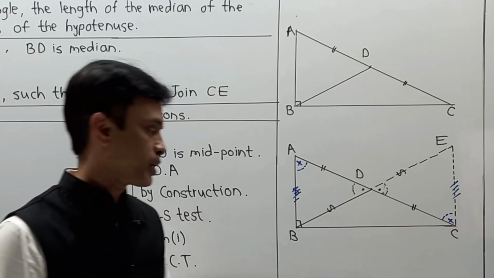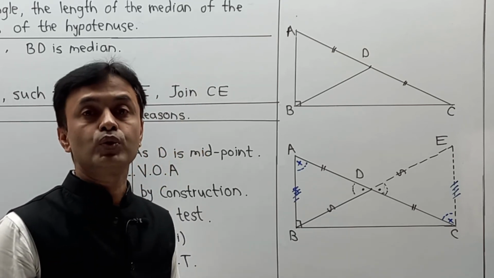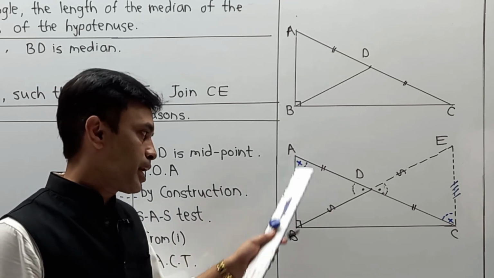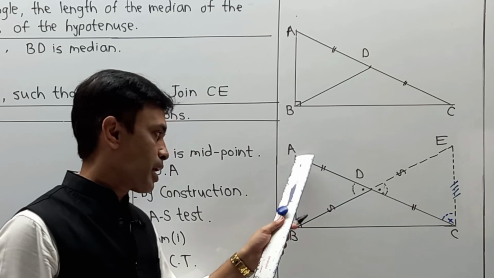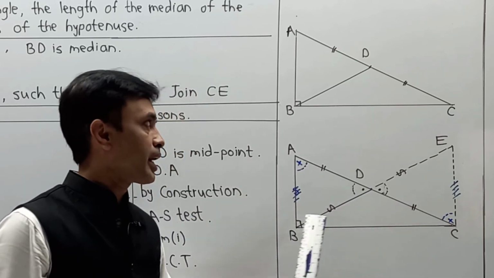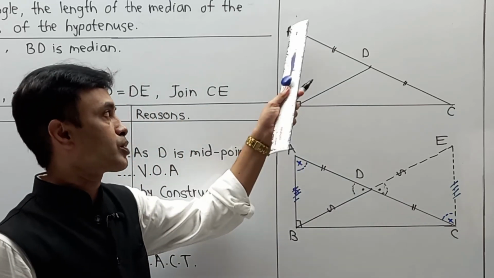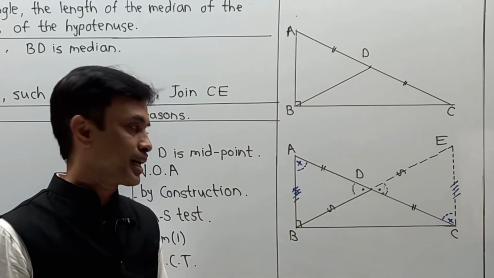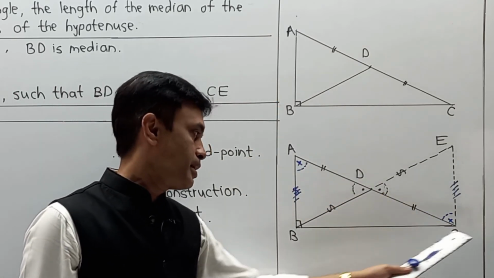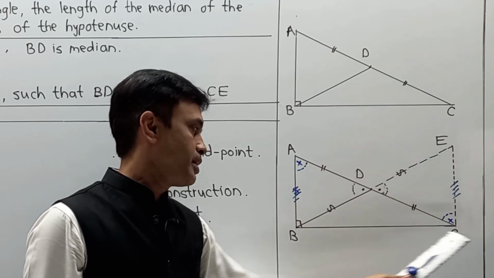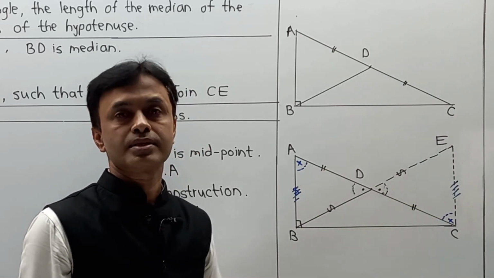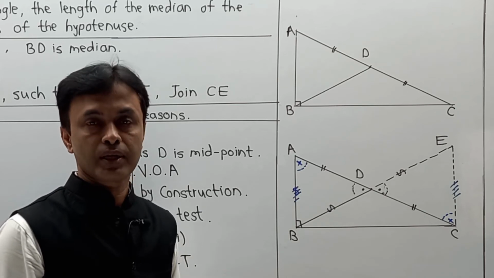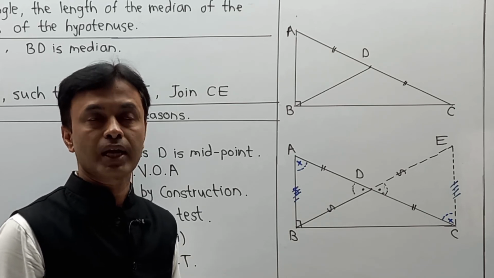Please pay attention. Here now we are going to do two separate triangles. Which are those? One is triangle ABC, where angle B is a right angle. You can also observe ABC, which is your original triangle, and the second triangle is ECB. We are also taking it separately, and now we are going to show that the two triangles are congruent. I repeat, I am going to show that the two triangles are congruent.